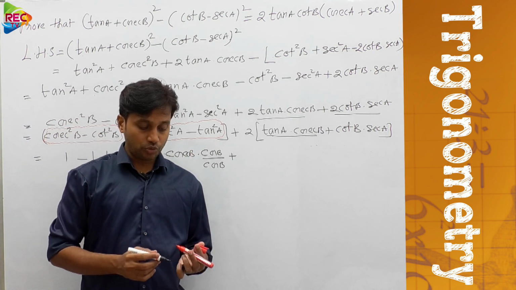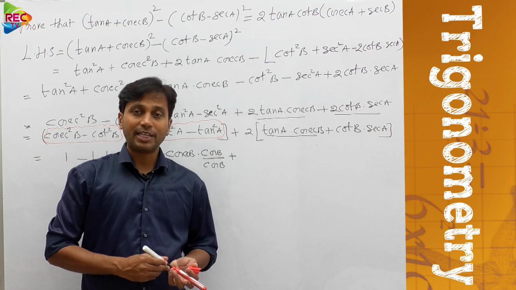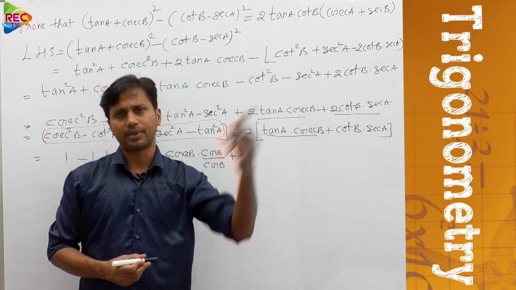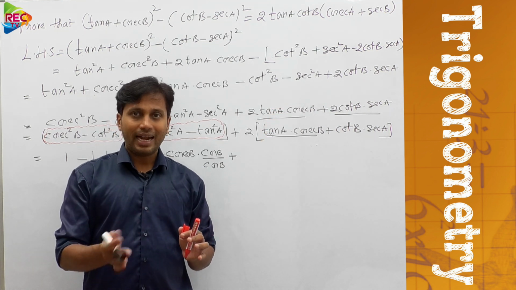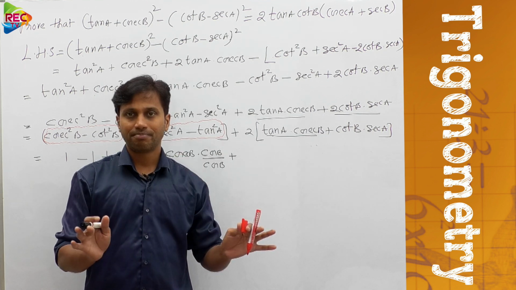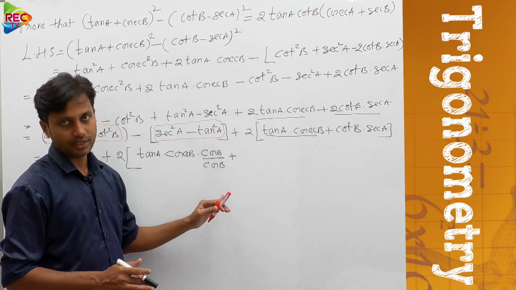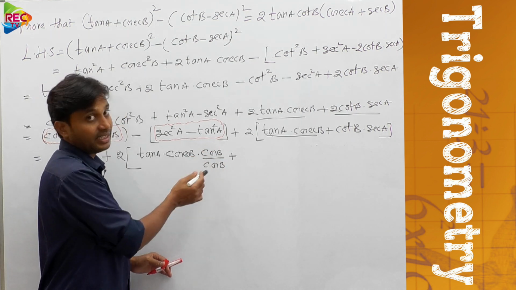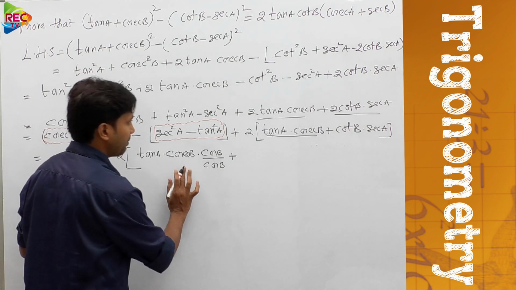For those students who don't have the basics in mathematics, I am telling you, if you multiply and divide a given number with the same number, the value of the given number remains the same. So we don't have any effect of this multiplication and division, because if you cancel this, the same value will remain. Anyways, so here we multiplied and divided.